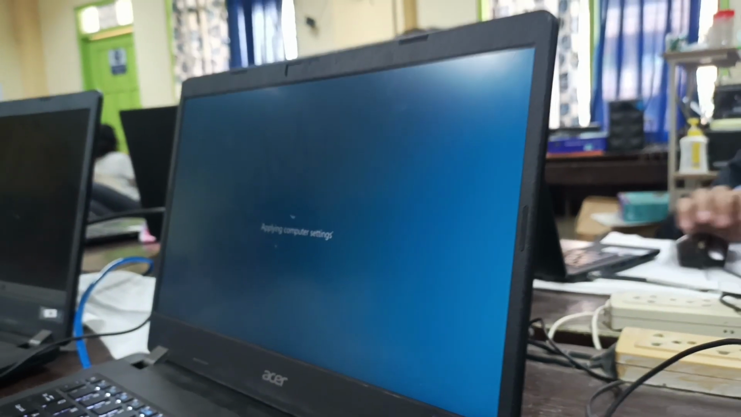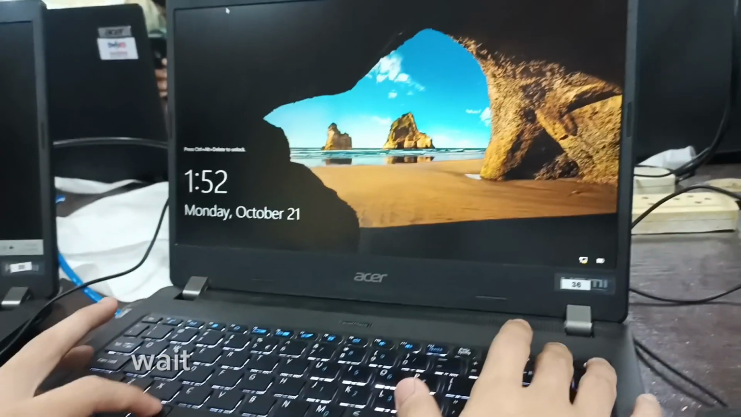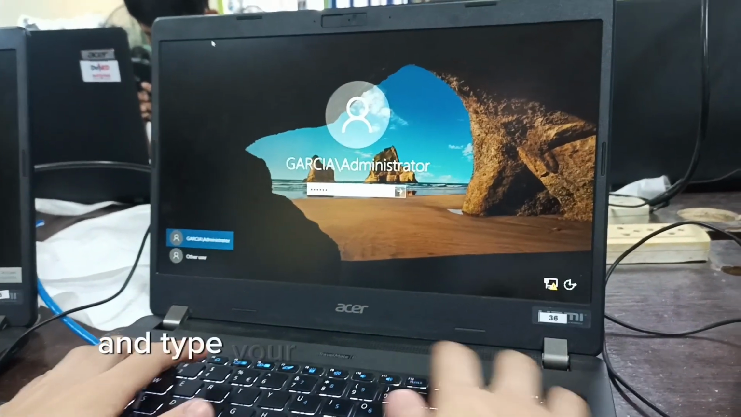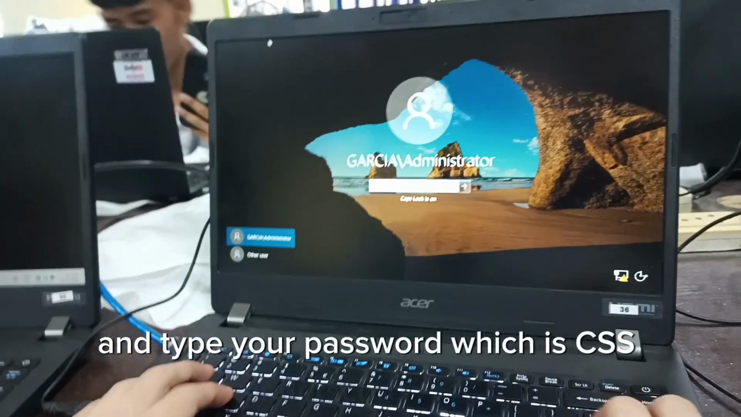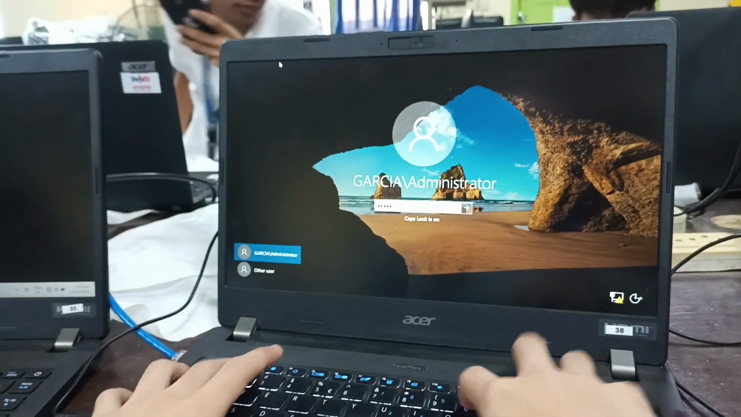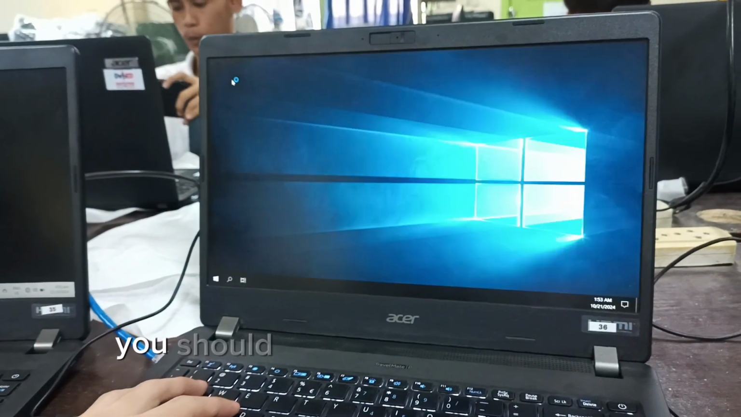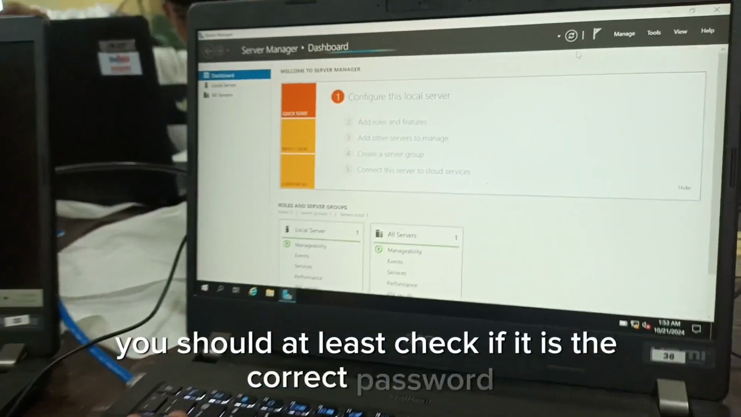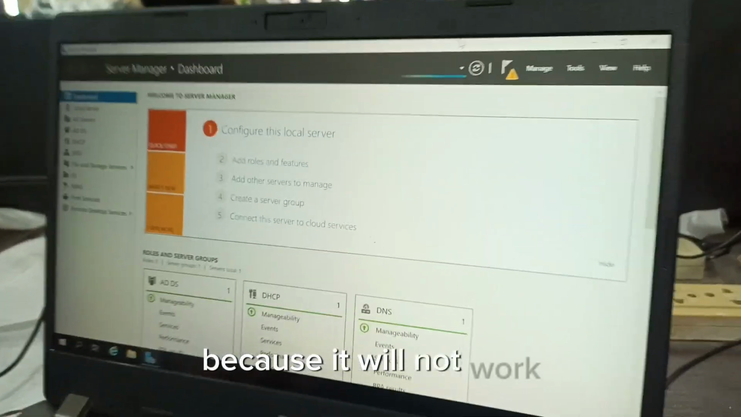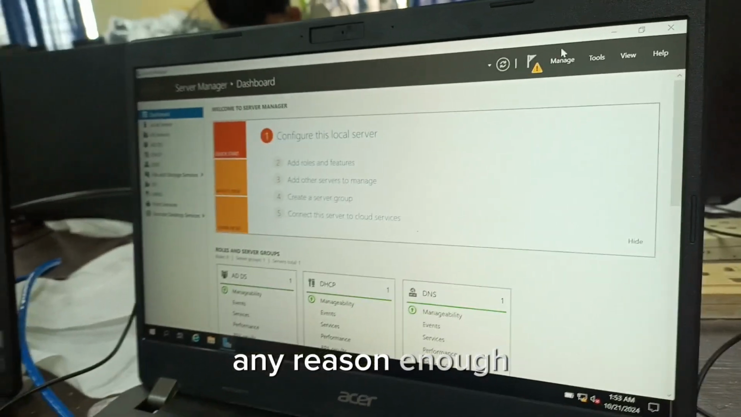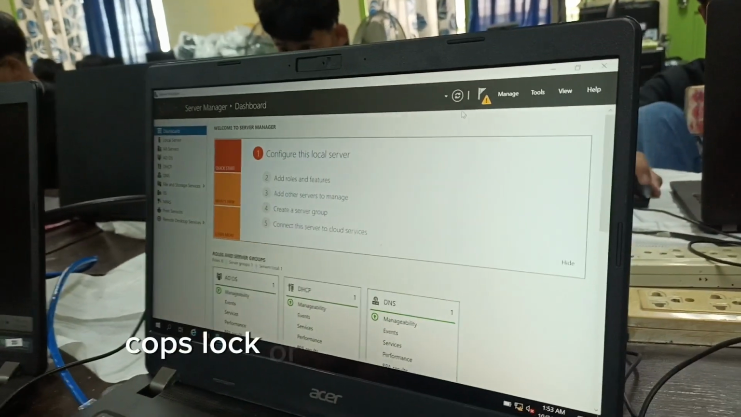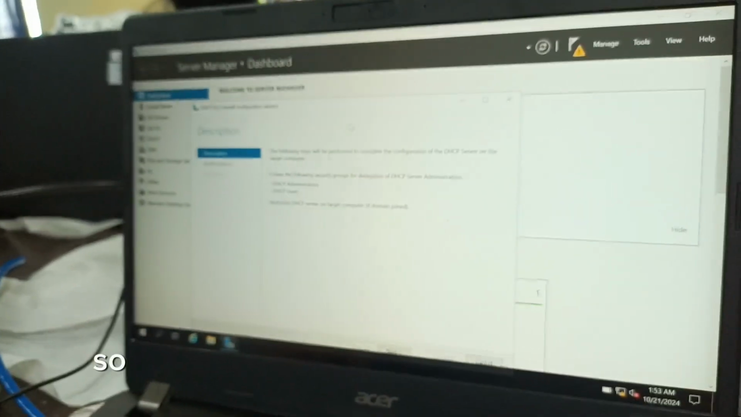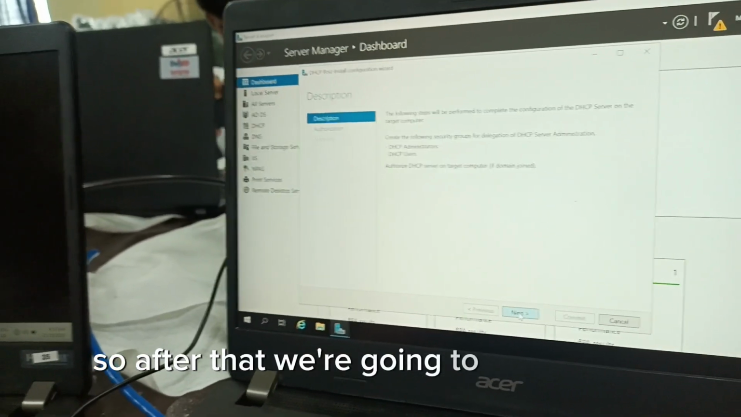So we're going to wait a little longer, and it will stop, and type your password, which is css underscore 2024. And you should always check if it is the correct password, because it will not work for any reason of caps lock, or if it is in lowercase or uppercase. So after that, we're going to commit the